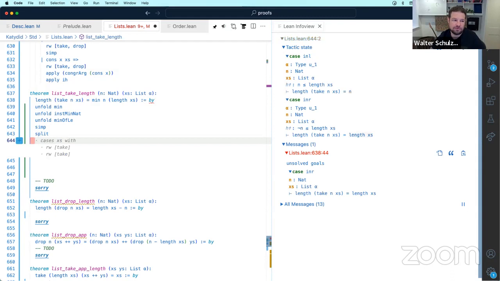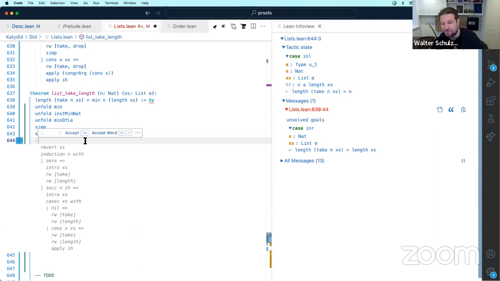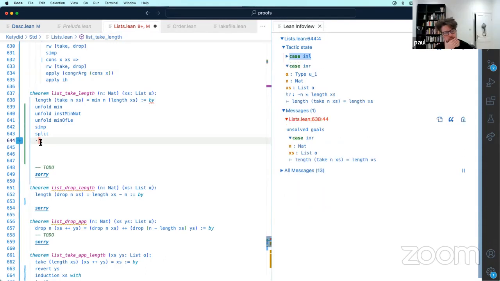Oh yeah, wait. This is a neat thing I learned. Look here. If you don't know what the case name is, you can just do your anonymous case with the backslash period, and then in the tactic state it tells you what the case is. Oh, nice. So now you can go back and say,